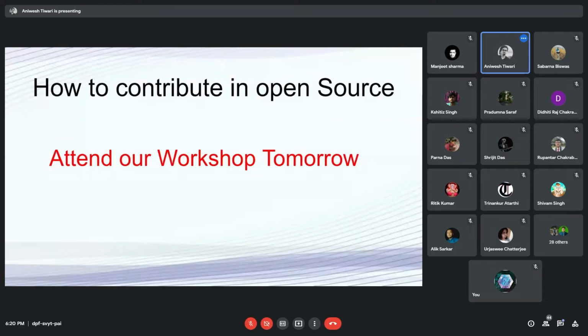First, we will cover how to install Git, and then we will cover all the topics related to GitHub. And in the last, we will create our first PR. So don't worry, we will cover everything tomorrow about how to contribute in open source.